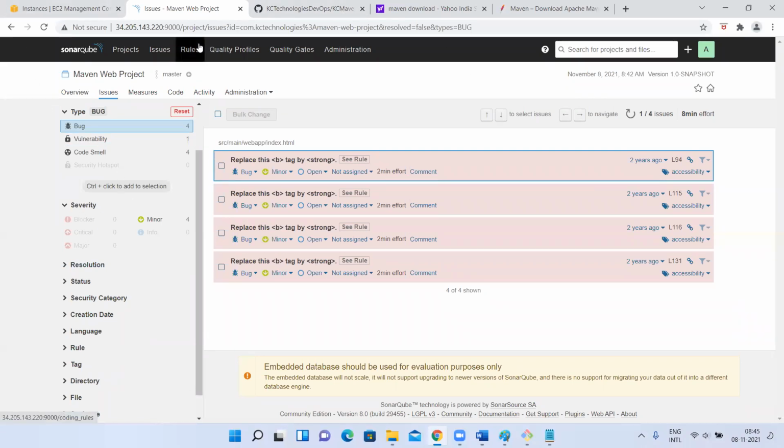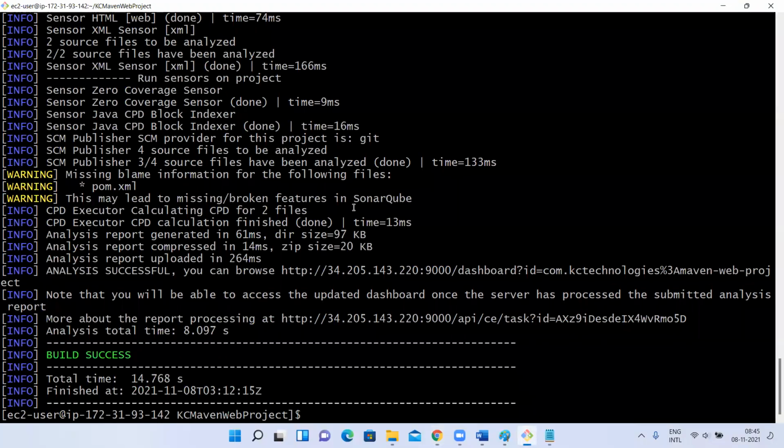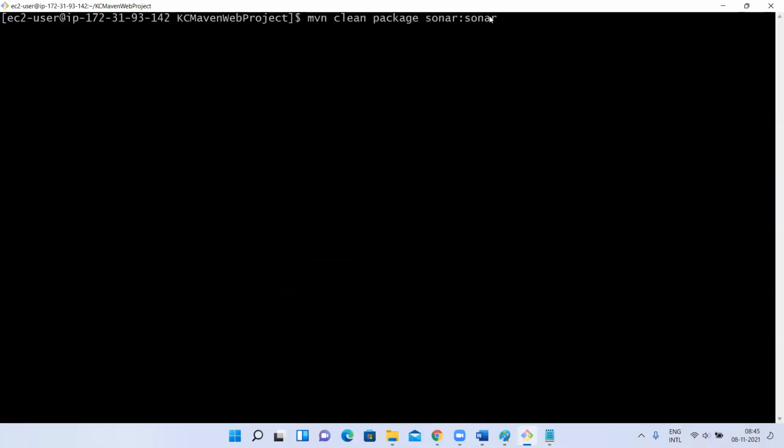Now tell me, when we run the command mvn clean package and sonar, who scanned the code? The scanner. So wherever you execute this command, there you need to have the SonarQube scanner. Wherever my project is, I need to have the SonarQube scanner to scan my code and generate the report.